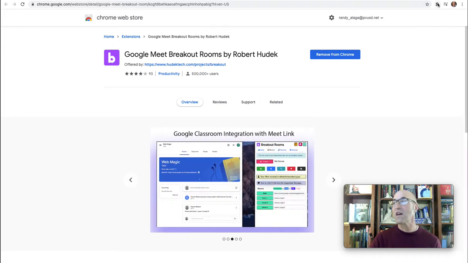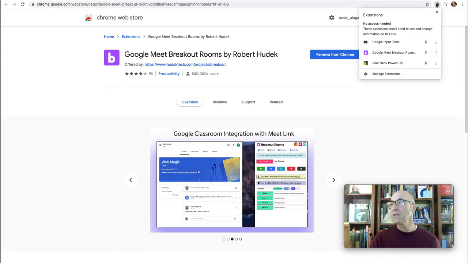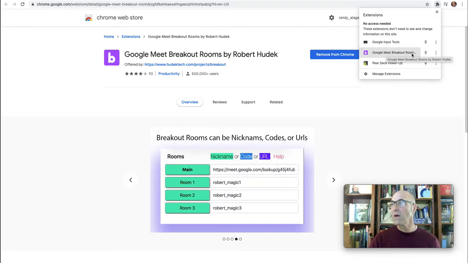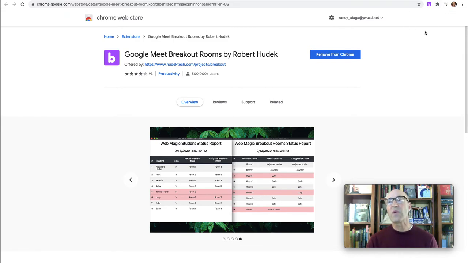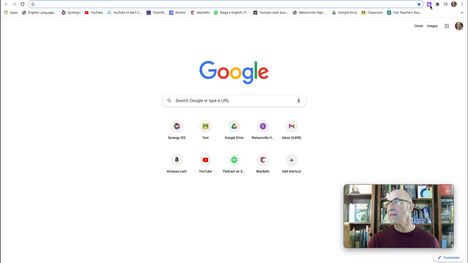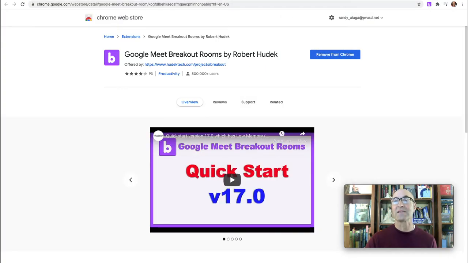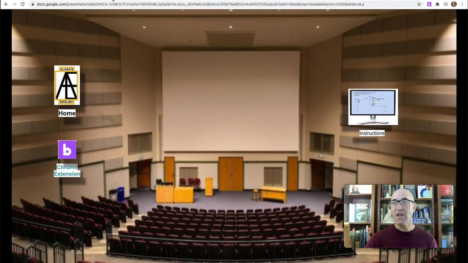It looks like a jigsaw puzzle piece, and when you click on it, it should show up right here, Google Meet breakout room. So I want you to click on this pin, and when you do, you can see it up in the top of your browser. That means even if I add a new tab, that link is still there. I can always see it, and that's how we're going to access it. After I've done that,